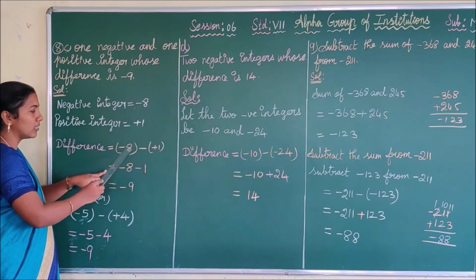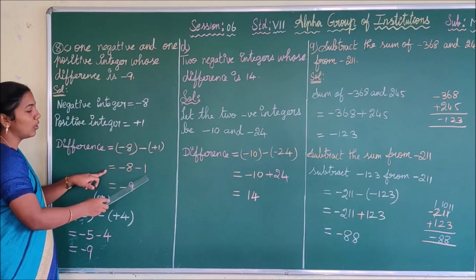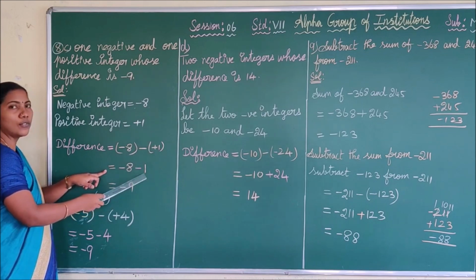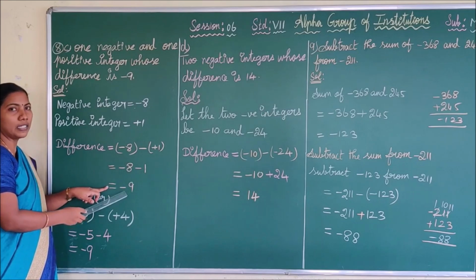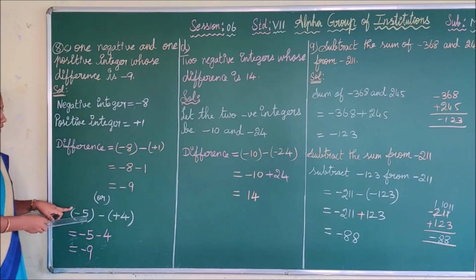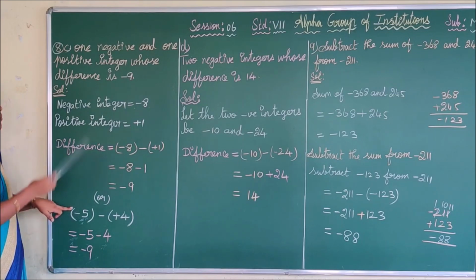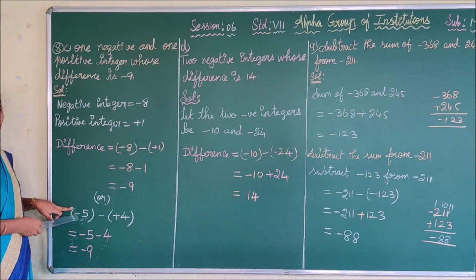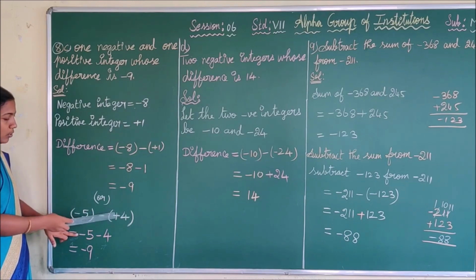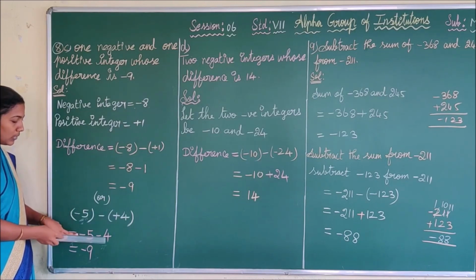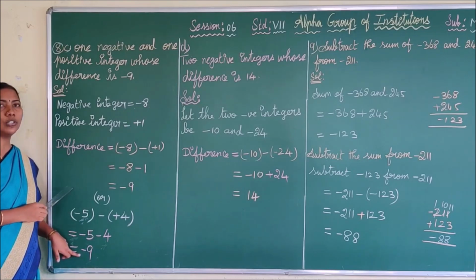Now remove the bracket. Minus 8 minus into plus, minus 1. As per the rule 1, given integers are of same sign. So you have to add the integers, you get the minus sign. I also give one more example, one more solution to you, children. That is, I will take the negative integer be minus 5 and positive integer be plus 4. Minus 5, remove the bracket, minus into plus, minus 4, thus you get minus 9. You will also find some more solutions to this problem.